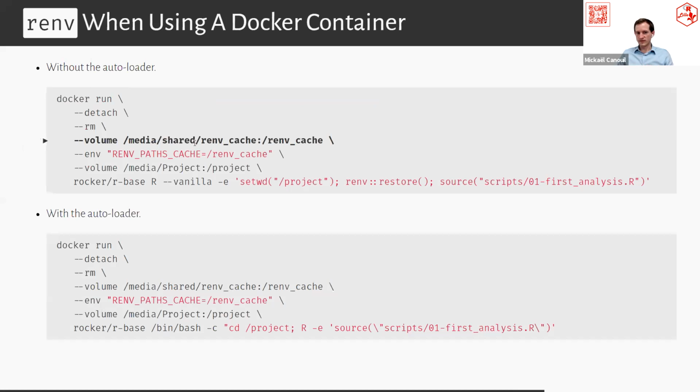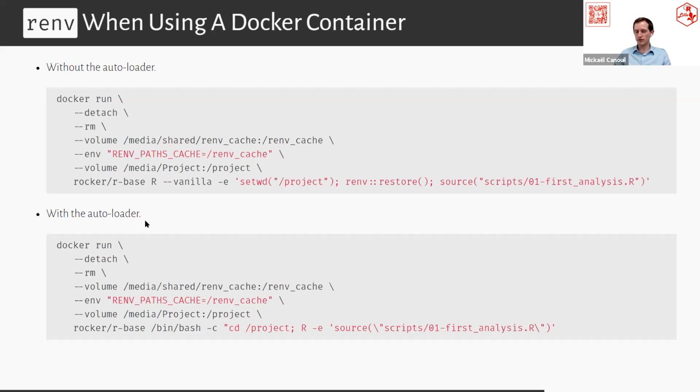You can use it to run an analysis. There are different ways to do that. As you saw in my demo, there is a header that appears when you are in a project with RANV. It's called the autoloader. The autoloader is a .rprofile script present at the root directory of your project.